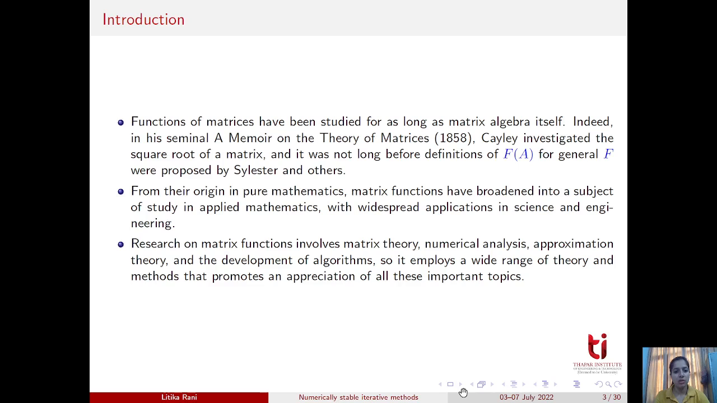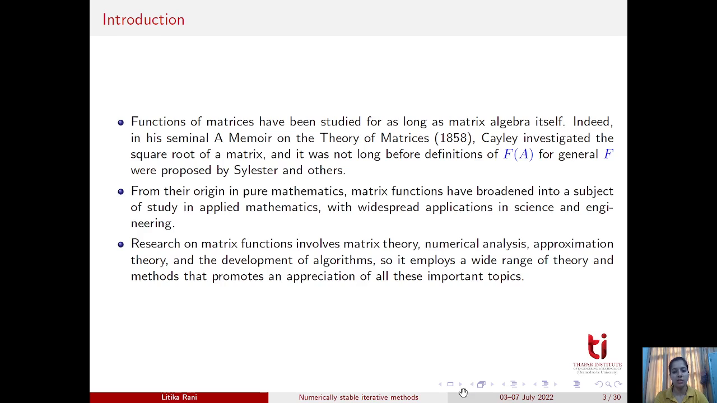Let's start with the introduction. Basically, for the study of matrix sign function, we came up with the matrix function. Functions of matrices have been studied for as long as matrix algebra itself. Indeed, in his seminal work, Cayley investigated the square root of a matrix. It was not long before the definitions of a function of A for a general matrix were proposed by Sylvester, Frobenius and others. From their origin in pure mathematics, matrix functions have broadened into a subject of study in applied mathematics